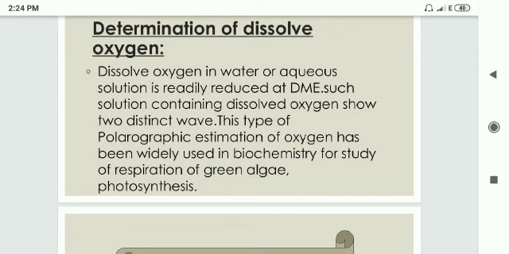Determination of dissolved oxygen. Dissolved oxygen in water or aqueous solution is readily reduced at DME. Such solution containing dissolved oxygen show two distinct waves. This type of polarography estimation of oxygen has been widely used in biochemistry for study of respiration of green algae